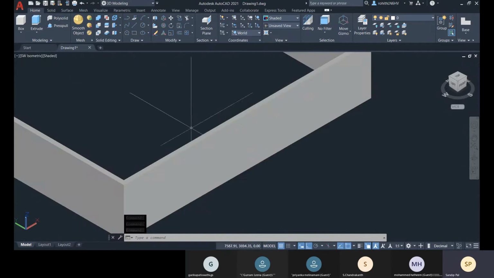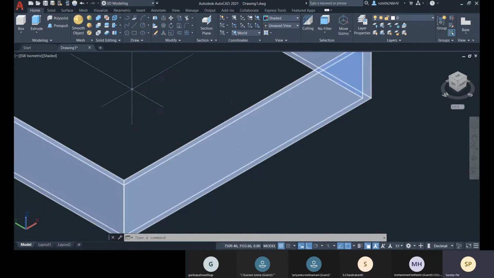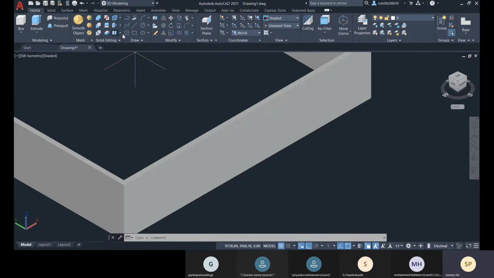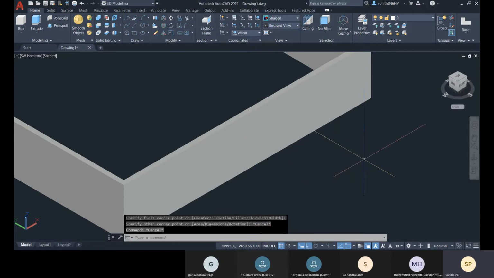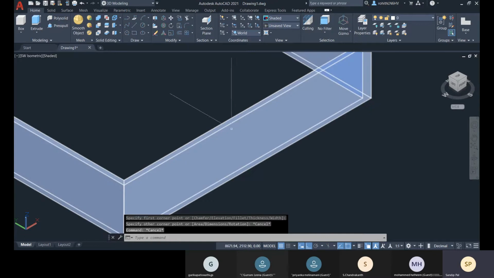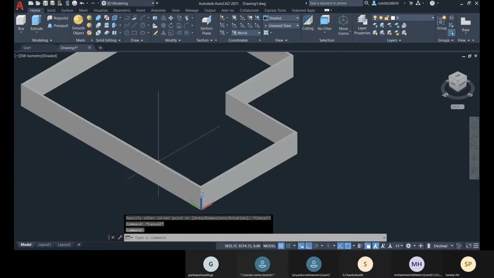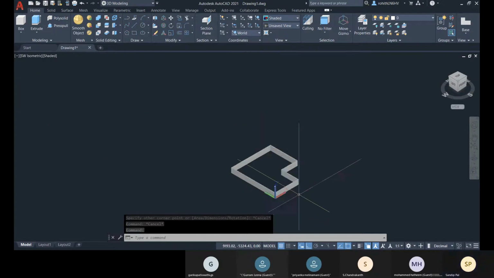And suppose you have a window over there and a chajja over there. How can you easily create that? Let me show you. What you can do is simply create a rectangle on this surface. But I'm trying to create the rectangle on this surface and I cannot, because the work plane is set to XY. XY is the default work plane.